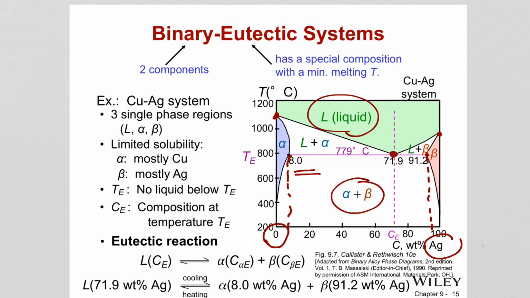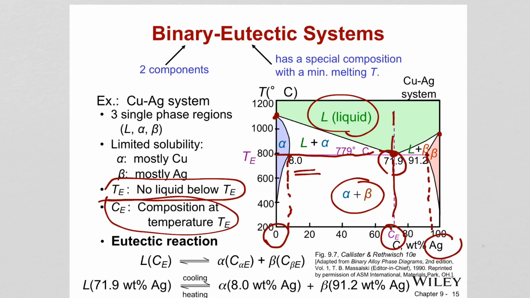So in that composition, which is the eutectic composition, with the symbol E shown, subscript E, this composition 71.9 is the eutectic composition, and the material is reaching a minimum melting point, which you read from here, approximately 779 degrees C. So TE is therefore the liquid, the eutectic temperature. CE is the eutectic composition. Okay, so